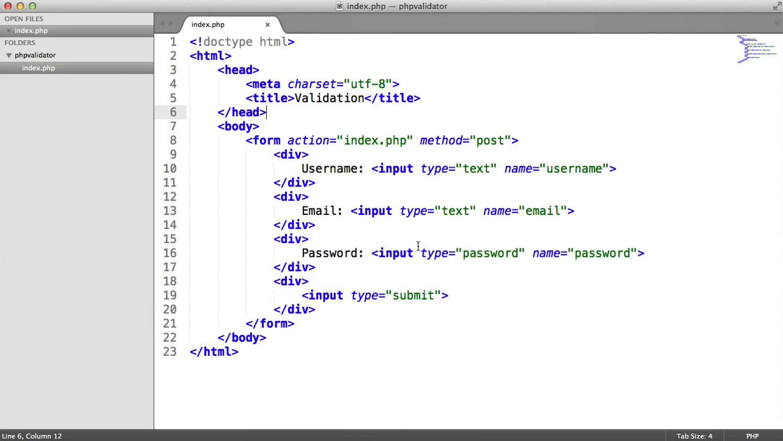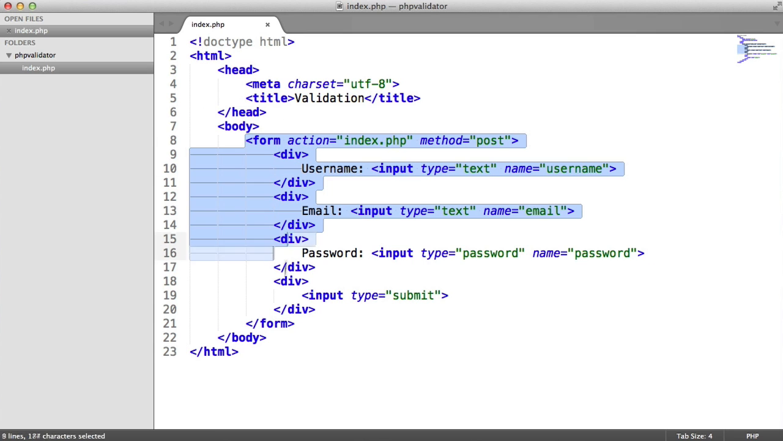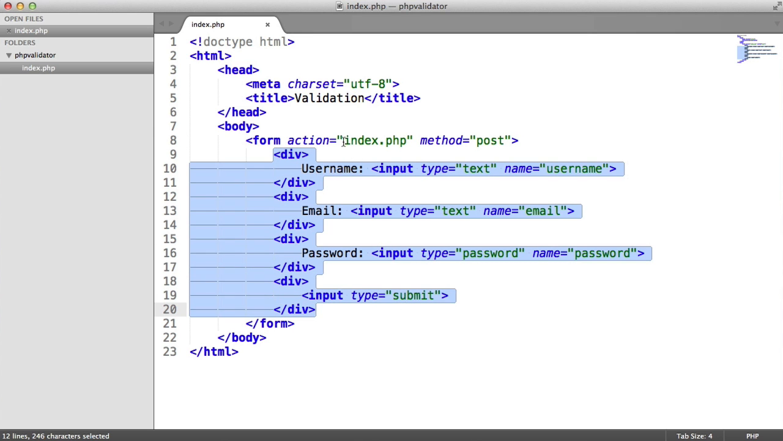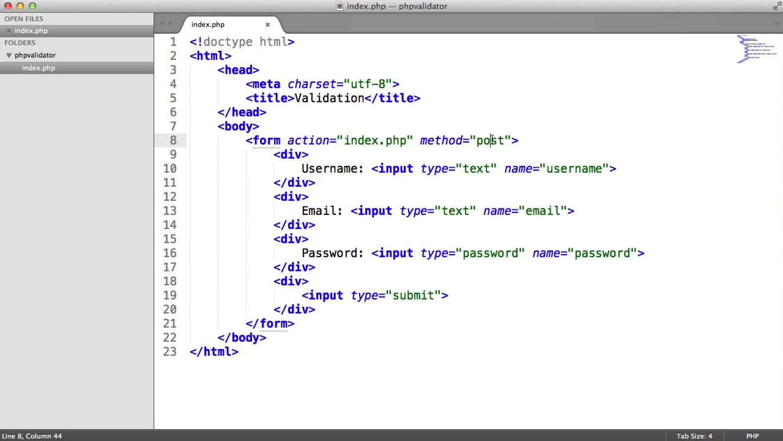Okay, so we're going to start the series off with the basic document markup that we have here. All we've got is just a form here, and if you're familiar with basic HTML, this will make complete sense. We're basically posting all of the data that we've contained within this form element to index.php, and that's under the